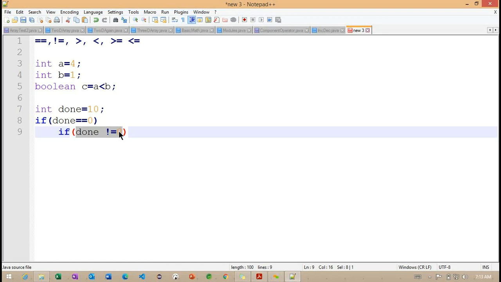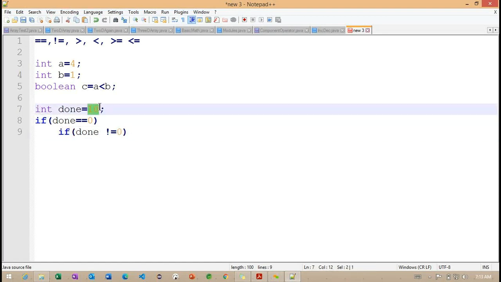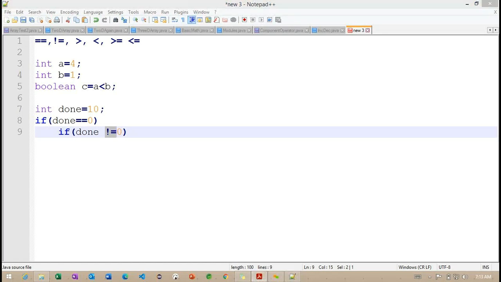If it is not 0, what value do we have? We have 10 here. So it is not 0. Getting the point? In this case, we can use this not equals condition to work with the appropriate operators.